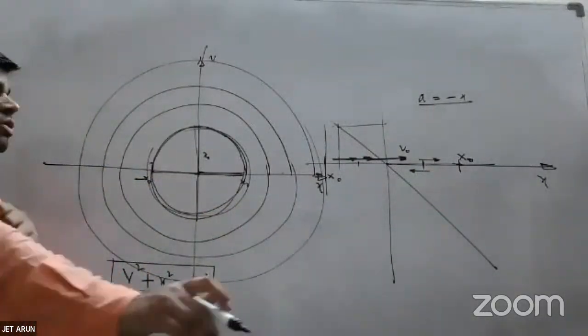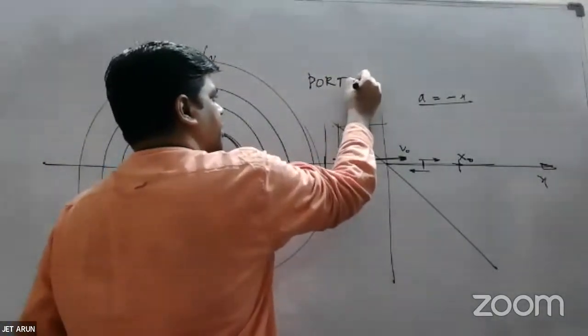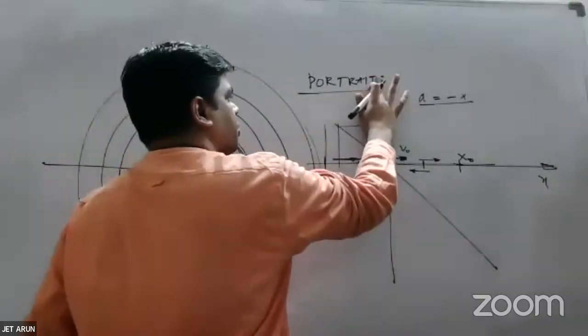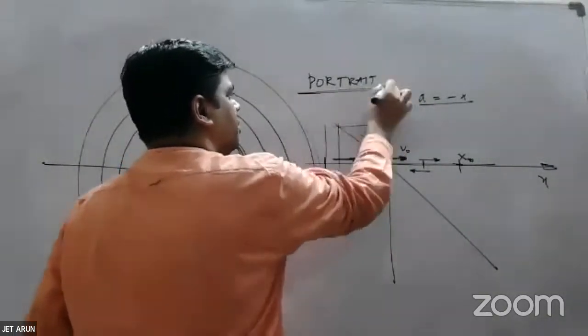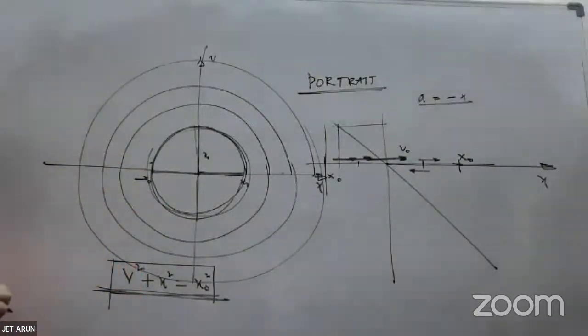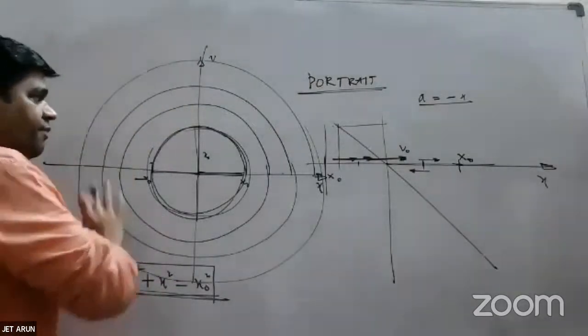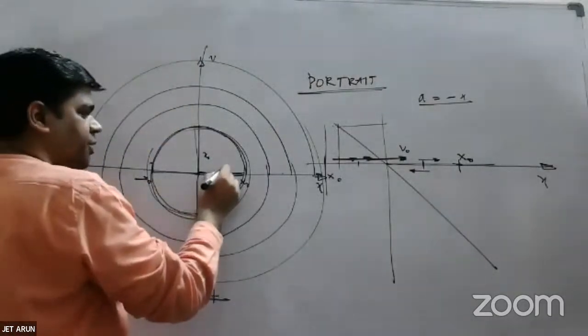Technically, they're called portraits. So it's called a phase portrait. But a Vx graph is not complete without arrow marks. Arrow marks will tell me the flow of the graph, how the graph flows. For example, at this point,